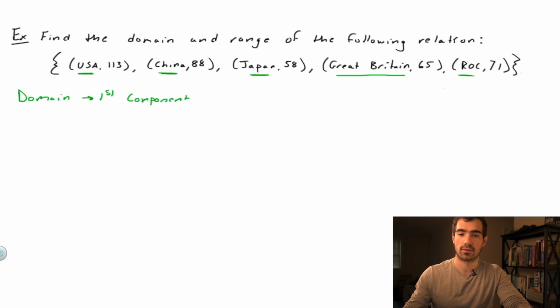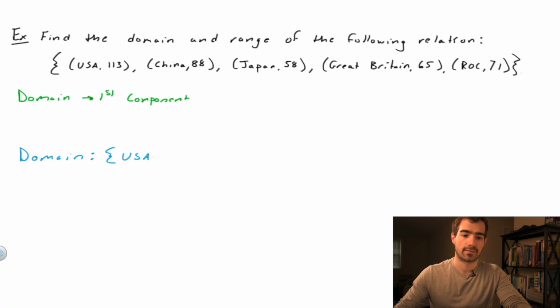The first component of these ordered pairs as listed here in this relation. And so we can say, as our solution here, the domain is the set of values USA, China, Japan, Great Britain,